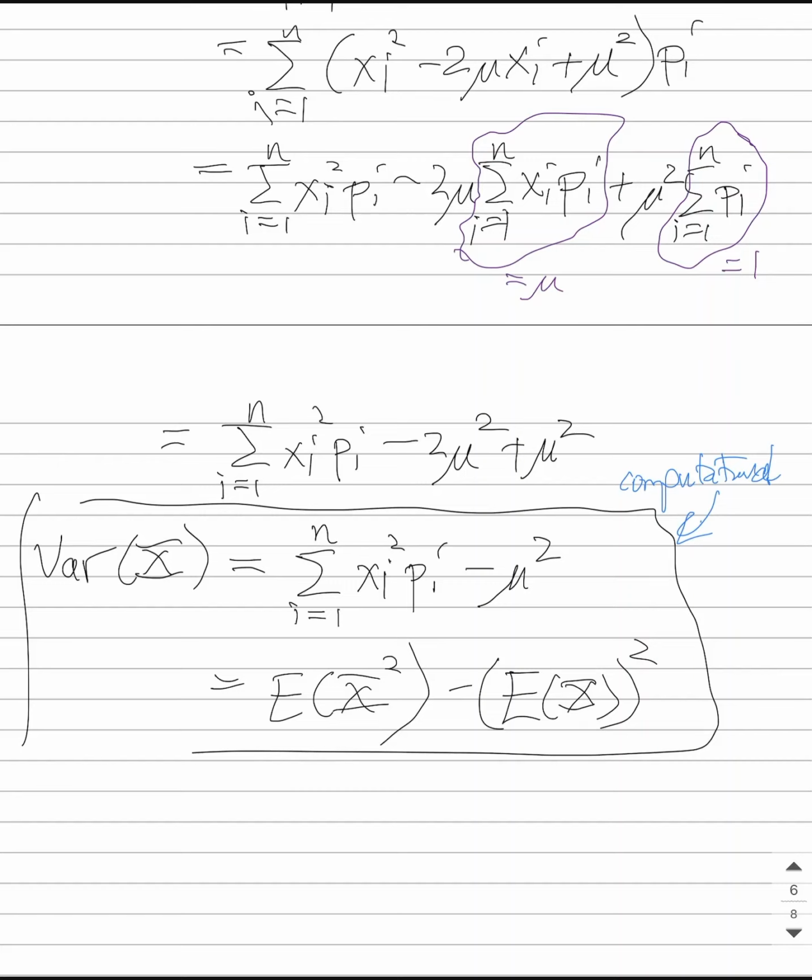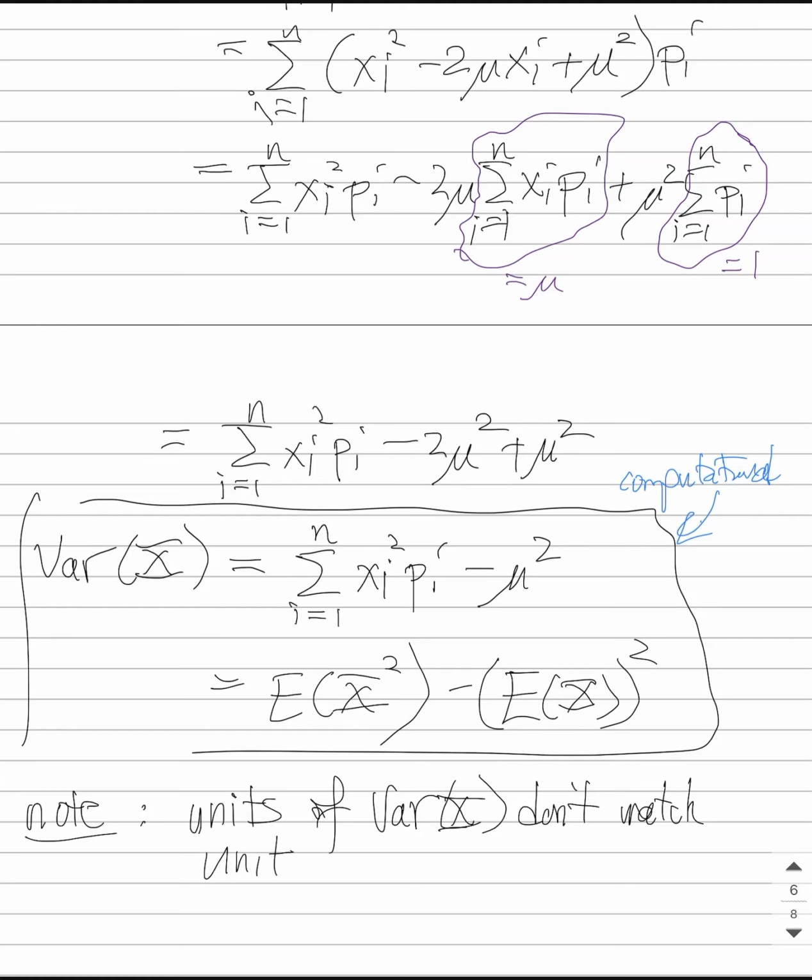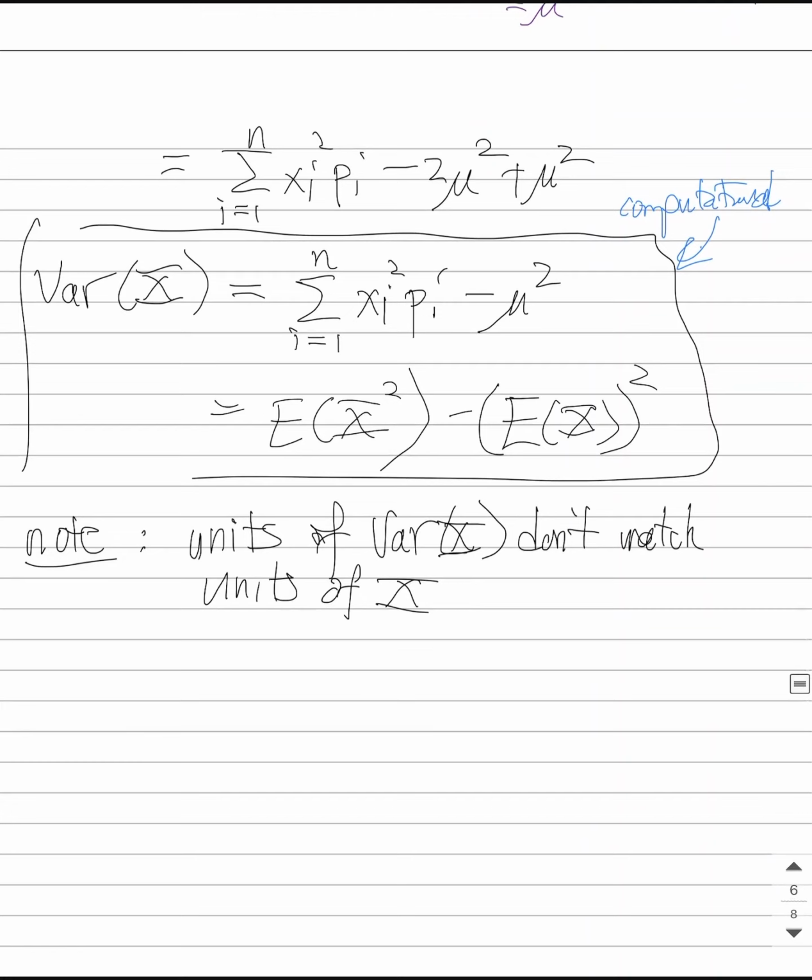Now, there's one final idea that we get before we can jump into a calculation. And the idea here is that the units of variance don't match the units of the random variable. So if your random variable has units of kilograms, because you are squaring the deviation, the units of variance would be kilograms squared in some way. So math people have said, you know what, in order to balance units, so to have some sort of spread measure with the same units,